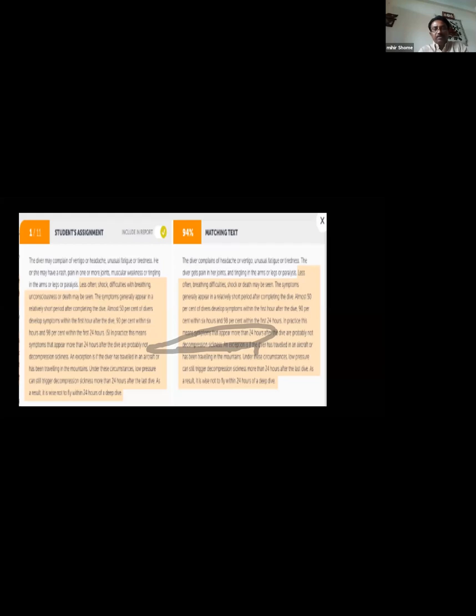So when I get papers for review from foreign countries, first I go to check the plagiarism. Then I see if I go through Urkund, suppose it is a 20-page research paper, it is giving only 10%, 15% plagiarism, and it is showing only matching.